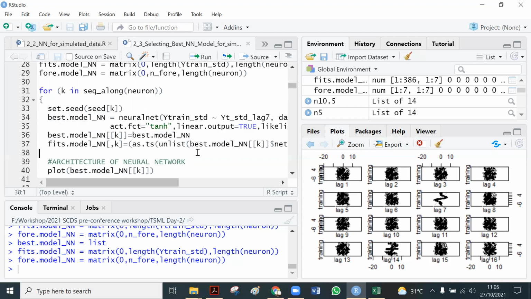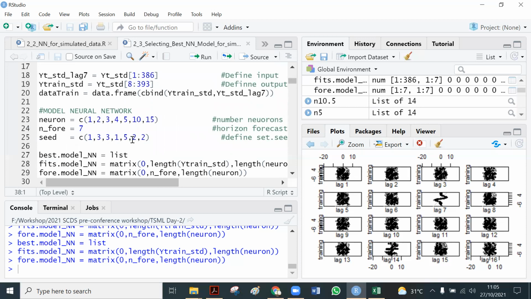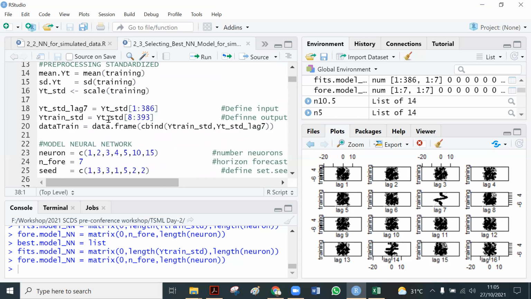Because actually this scale pre-processing makes the standardization. So we subtract the data by mean value, and then we divide by the standard deviation.